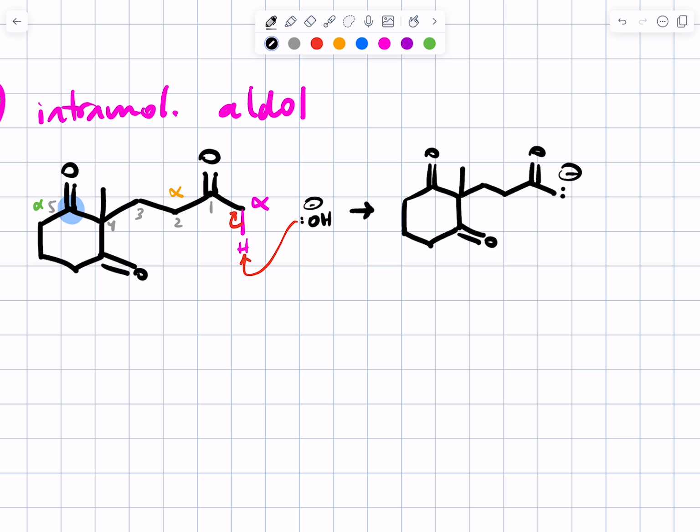Okay, there's the pink alpha proton, and we're going to attack the blue carbonyl carbon. And actually, you can see that it shouldn't matter whether we attack this one or this one. They're the same by symmetry. So we'll just pick one of them. We'll do what's expected in an aldol reaction: the alpha carbon attacks the carbonyl carbon to get a tetrahedral